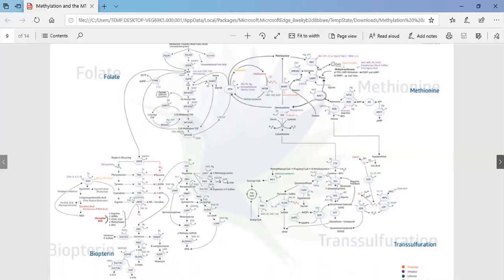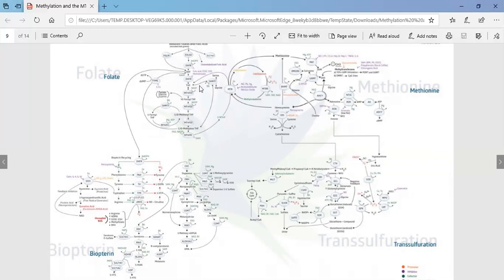It's complicated, but this is what methylation is. You see there are circles and arrows going everywhere, basically showing that methylation involves your folate metabolism, meaning B9, or the old way to know it, folic acid. When you eat leafy greens, your body metabolizes that and produces what we call the folate cycle. You have the methionine cycle, which has to do with methionine, meaning the protein that you eat, and homocysteine, the breakdown of all of that.